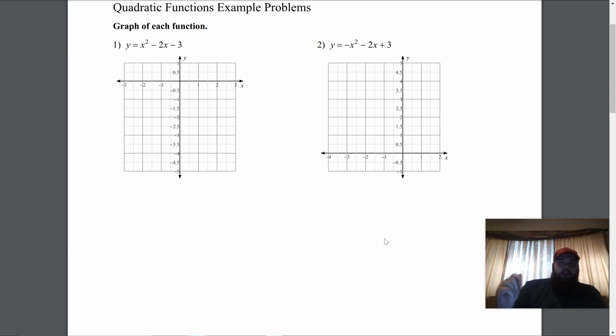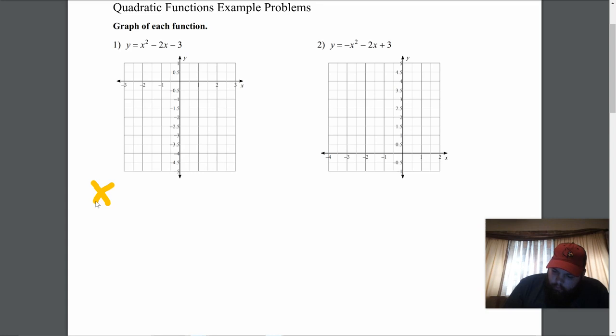All right. So this first one on the left here is y equals x squared minus 2x minus 3. So first thing we want to do is probably try to find, we could really go about this finding anything we want. I think I like finding my intercepts the most, so my x-intercepts and my y-intercepts. And since x-intercepts are usually the little more lengthy ones to find, let's go ahead and get those out of the way first. So we covered our quadratic formula, which was x